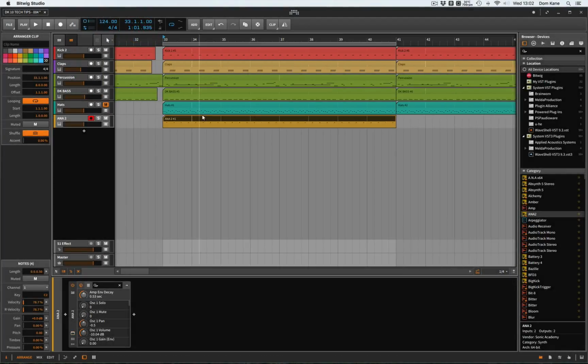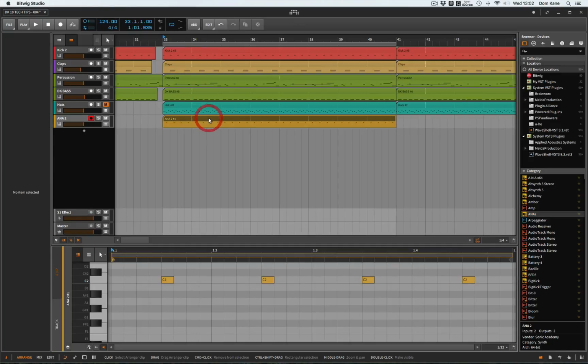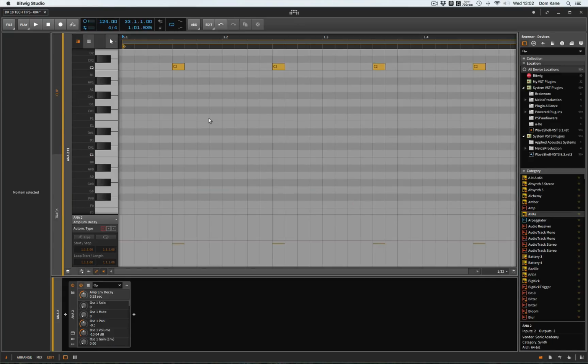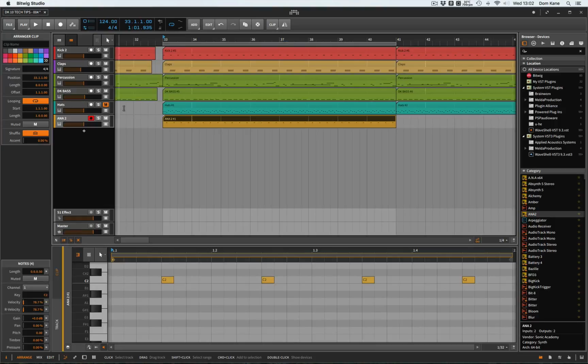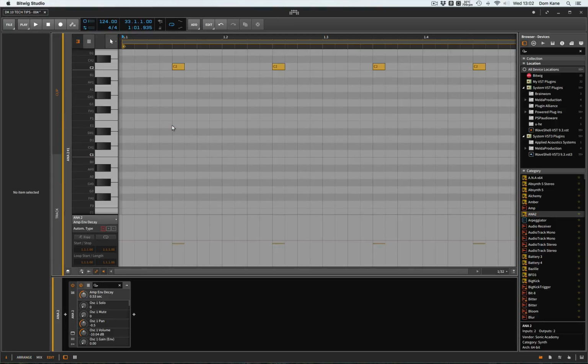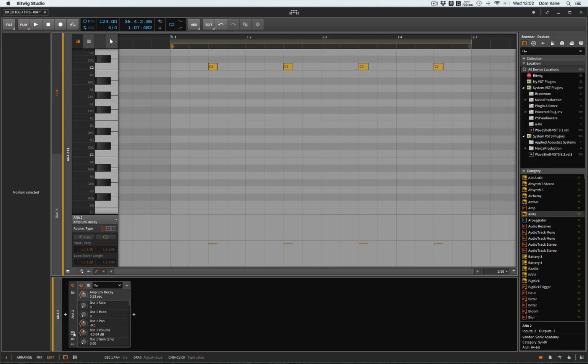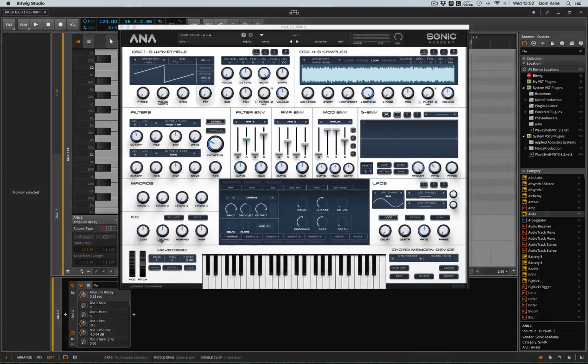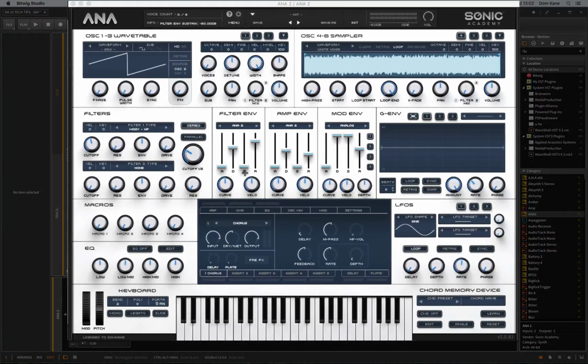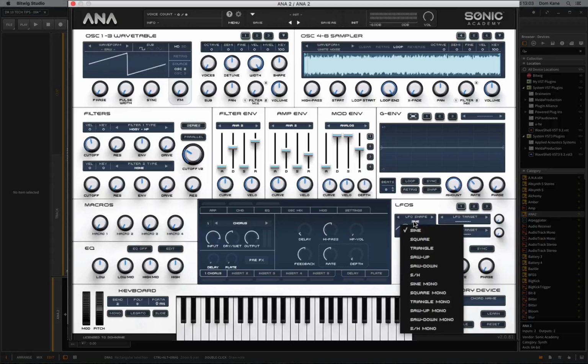So I think I did put them in. Yeah, I've chucked in some notes here. And if I play the track, have I muted those? Yes. So if I play the track, then you can see those are just repeating. So now I've got my open hi-hats using Ana 2, and it's just some white noise, which sounds fine. So what I'm going to do is go to the LFO,